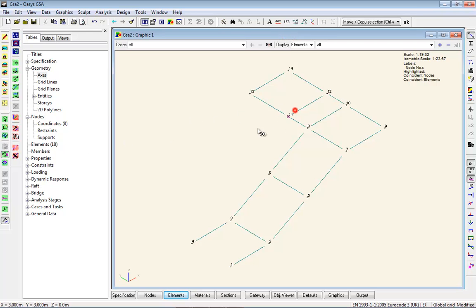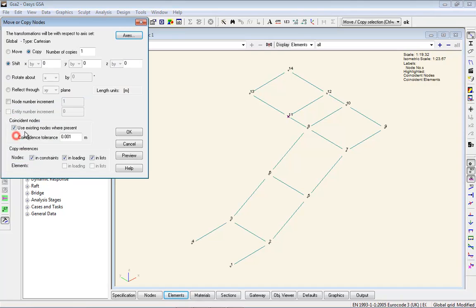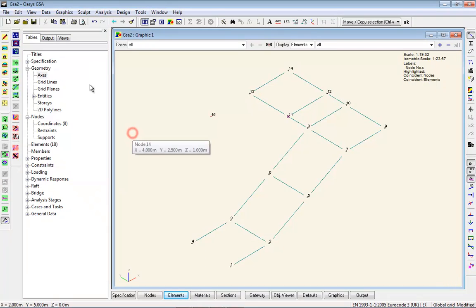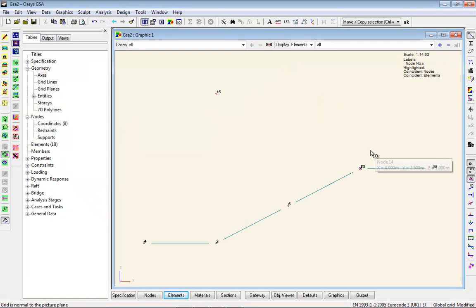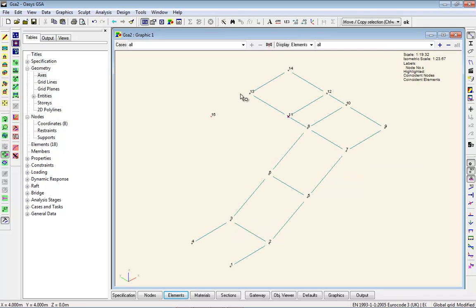So I'm going to select that node there. I am going to copy that node, and remember we have this 1 and 2 slope for the bottom, and I'm going to copy that x of -2 and y of 0 and z of 1. Look at the elevation. See, we've got a 1 and 2 slope, and so what I'll then do is select those 3 nodes, and these 3 nodes will be used to form the basis of the coordinate system. So let's use the sculpt, use axes,